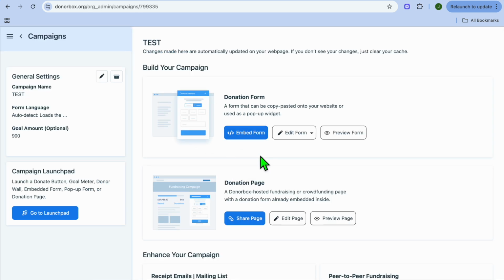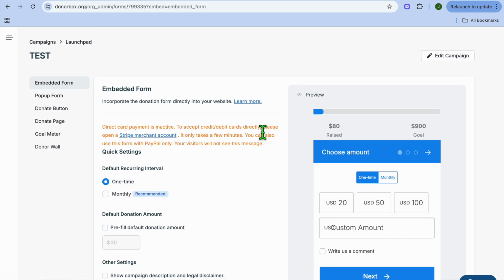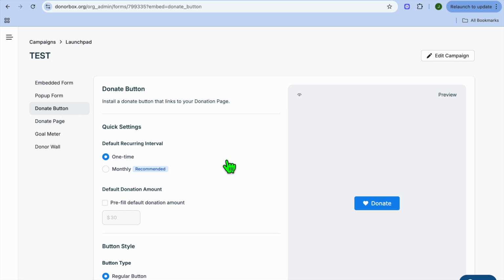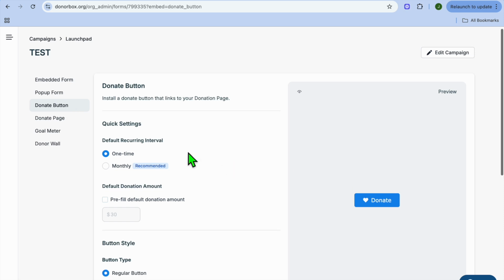Once you have selected Edit Campaign, you will see the option Donation Form, and from there you're just going to tap on Embed Form. After selecting Embed Form, what I want you to do next is go over to the top left hand corner, and you're just going to tap on Donate button, and you can see the button right there,